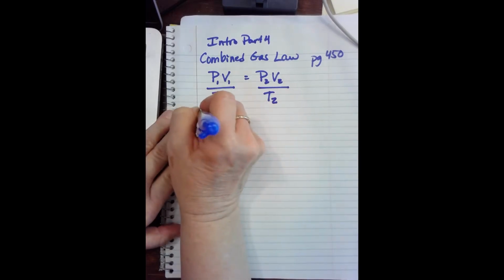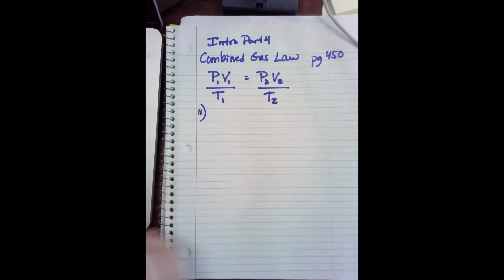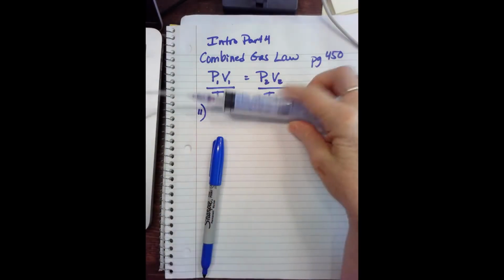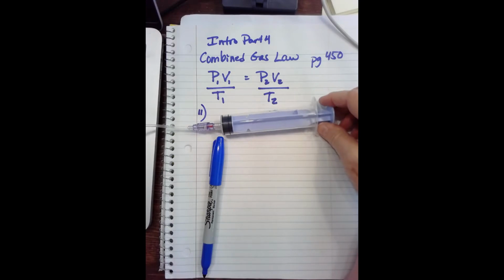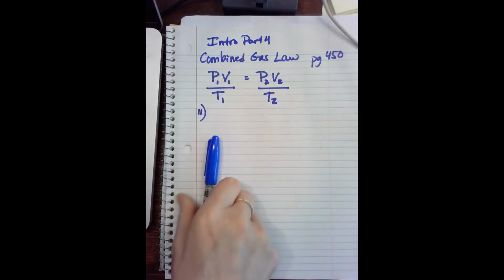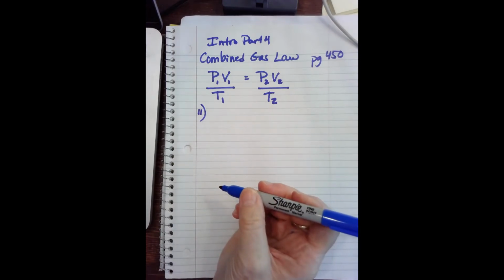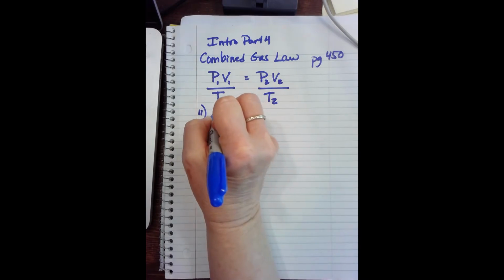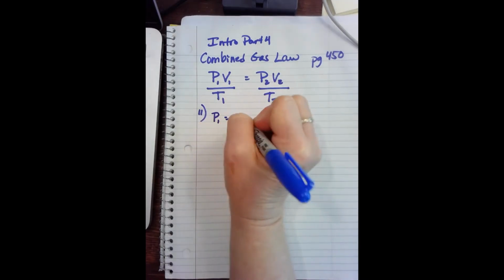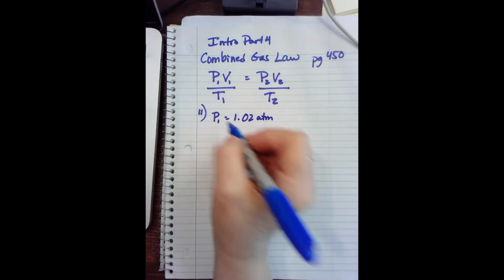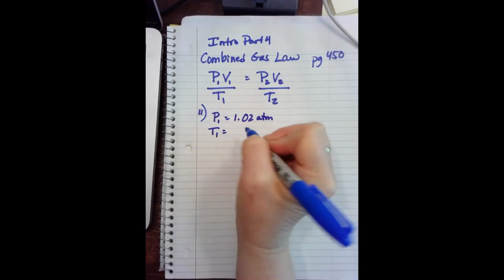So we're going to solve number 11 on page 450. A sample of air in a syringe. So much like maybe this type of syringe, we've got some air inside a syringe that can be closed off. So air inside a syringe exerts a pressure of 1.02 atmospheres. So that is my first pressure, 1.02 atm at, so that's my T1, at